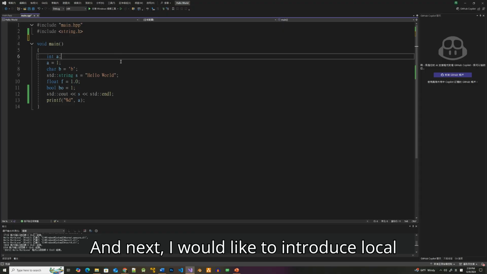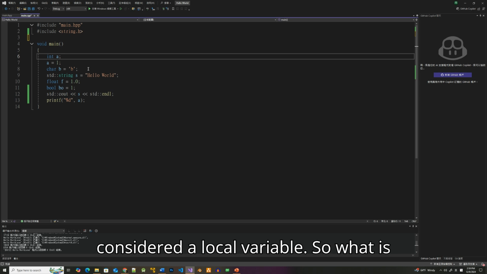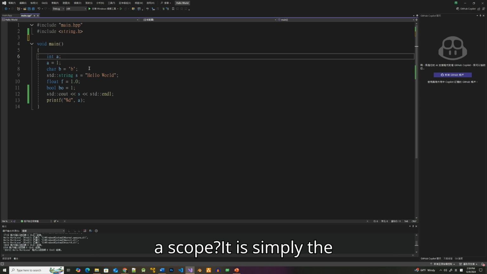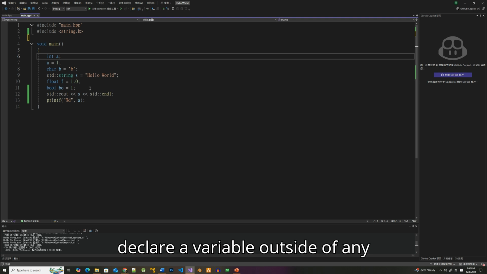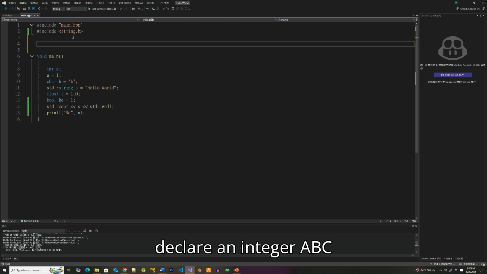And next, I would like to introduce local and global variables, which are actually quite easy to distinguish. Okay, so if a variable is declared within a specific scope, like within the main function, it is considered a local variable. So what is a scope? It is simply the area enclosed by curly braces. For example, if I declare a variable outside of any scope, like declare an integer abc here, the variable will